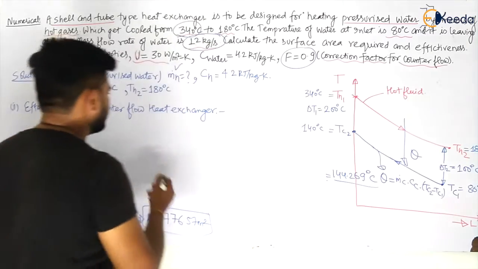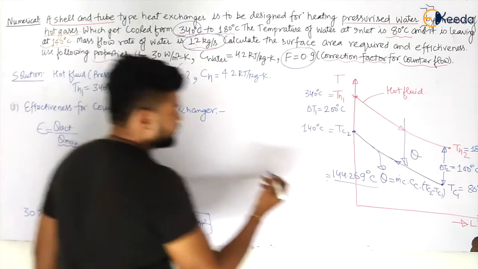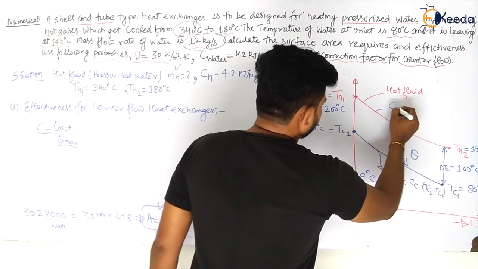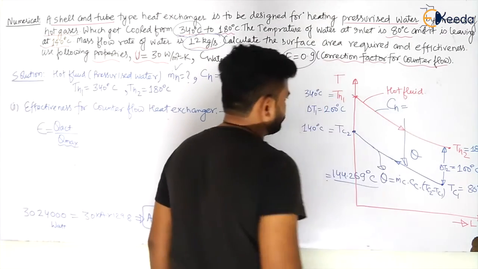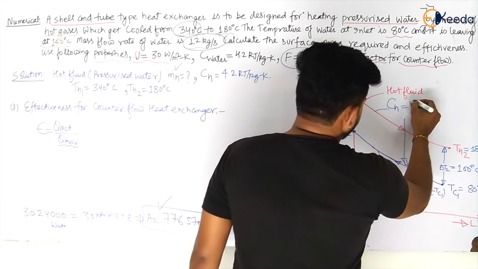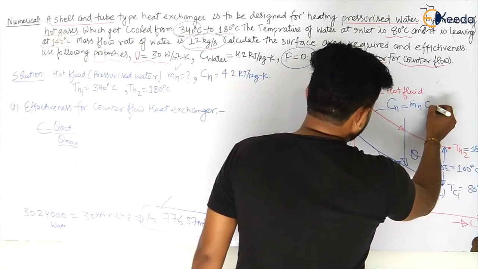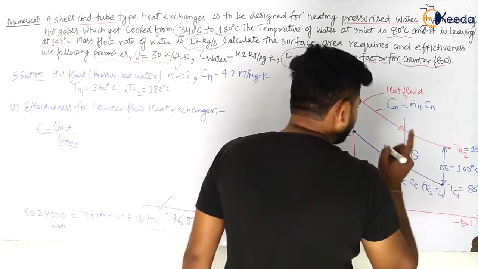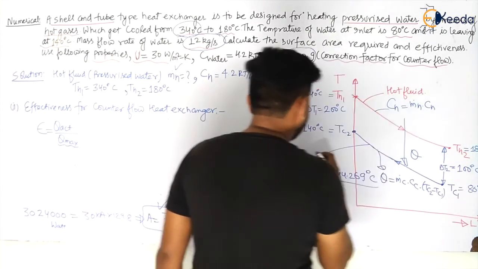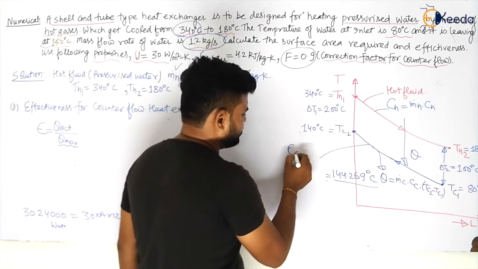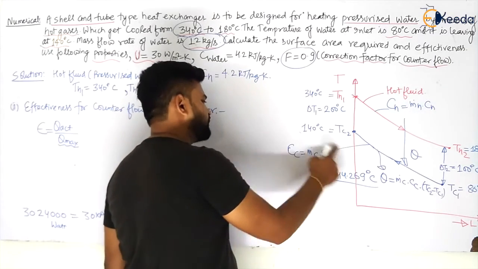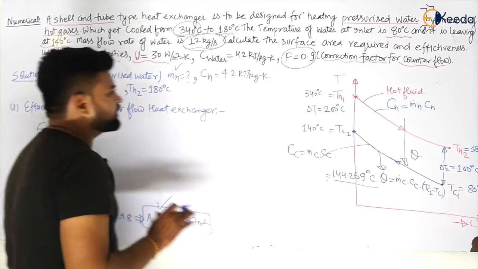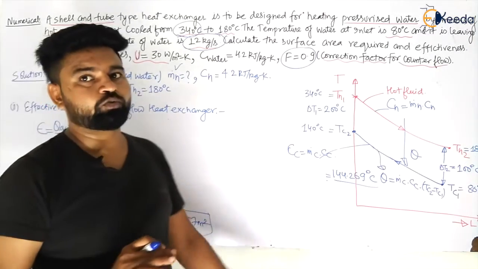Let us calculate that. So what will be CH, my dear students? I am doing it here only. So the heat capacity for the hot fluid will be given by capital CH is equal to m dot h multiplied by CH. Oh my god, but that is not given. What is not given? Your CC will be equal to m dot C multiplied by CC. So we can calculate for this cold fluid, but we cannot calculate now for the hot fluid. So what do we have to do?